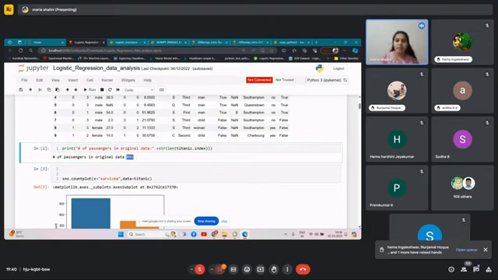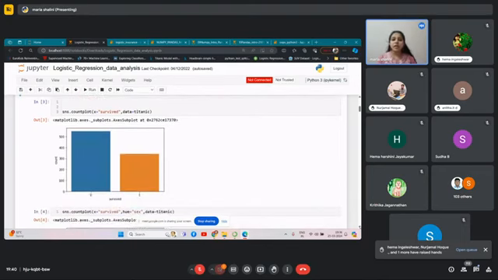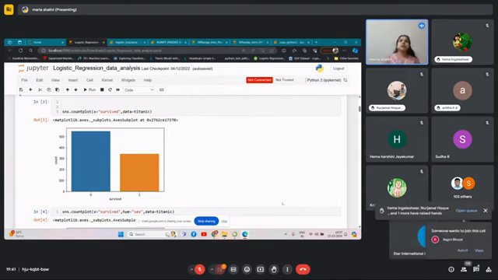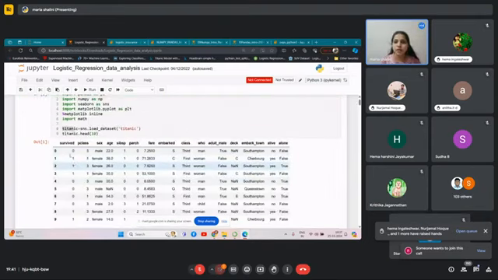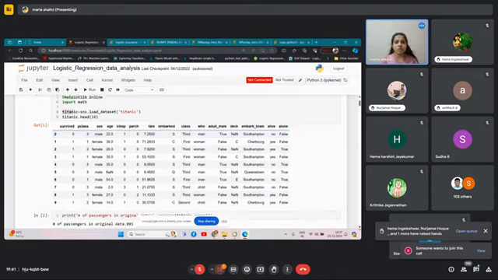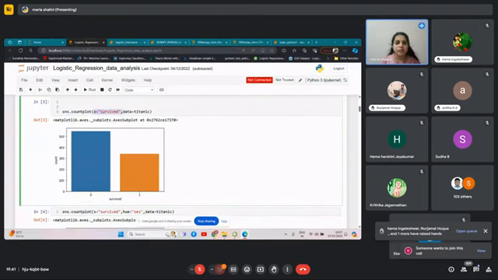In those 891 passenger details, if you want to know how many of them are male and how many of them survived or not survived, how can I find that out? Very simple. From Seaborn, I have a plot called countplot. Countplot deals only with one axis, the x-axis. You can pass only one variable, only one column. So here I'm taking x as the survived column. The survived column tells you whether they survived or not, 1 or 0. So if I plot that,